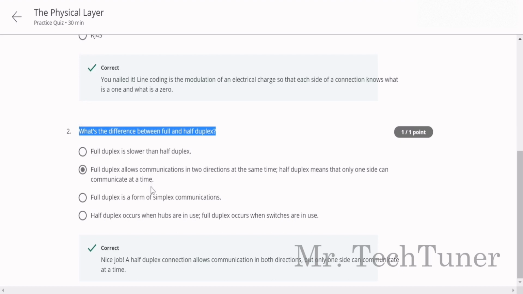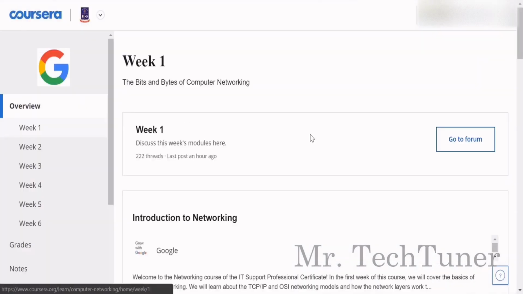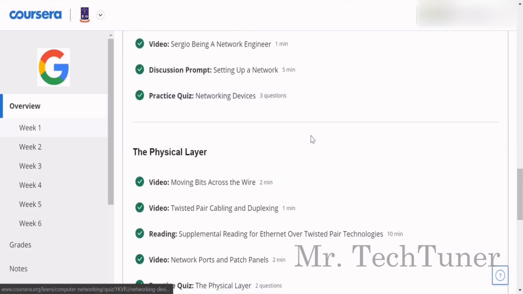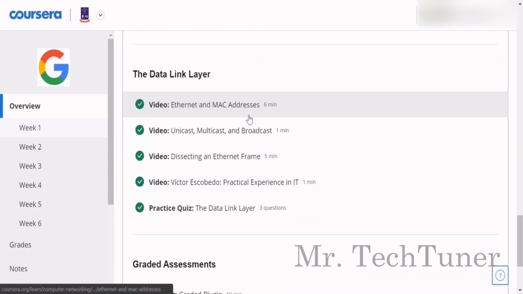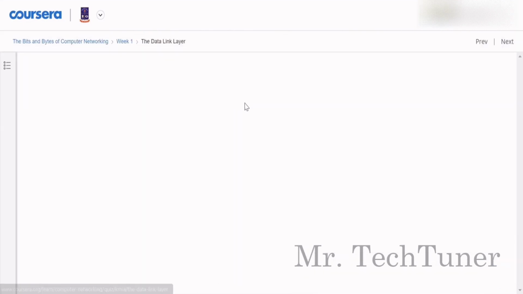Full duplex allows communication in 2 directions at the same time. Half duplex means that only one side can communicate at a time. Another example of full duplex is MIMO, multiple-input multiple-output. We have already completed the physical layer. Our next topic is the data link layer.